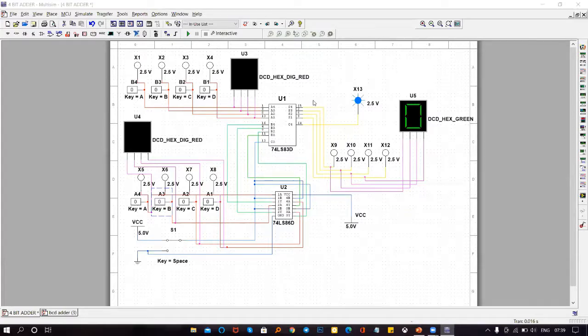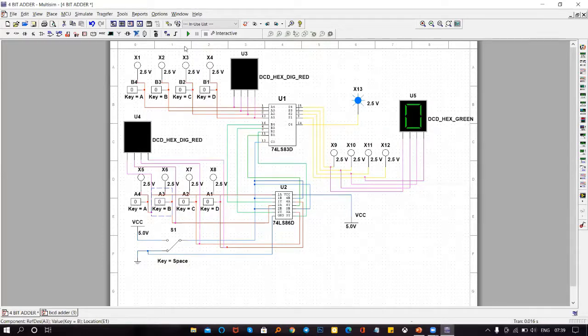And the output is generated at S4, S3, S2, S1 of the IC7483. And down we have the mode selector. When the switch is connected to the ground, which is basically 0, it performs the addition operation. When the switch is connected to the VCC, which supplies 5.0 volts, it basically performs the subtraction operation.